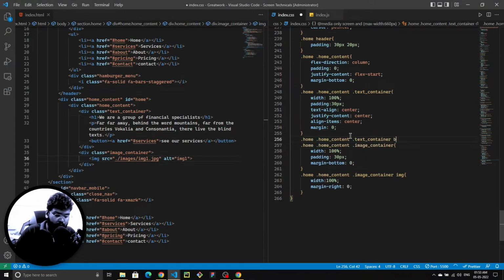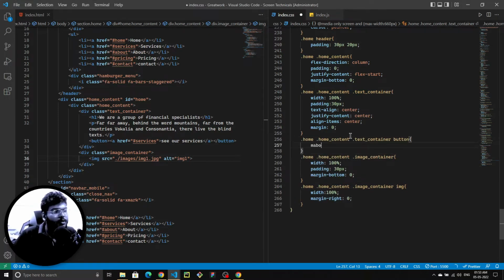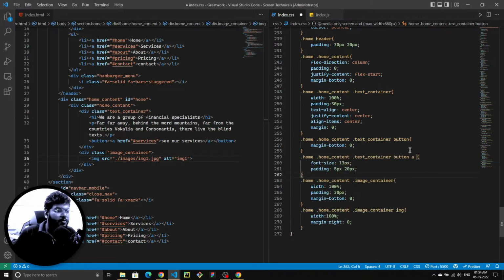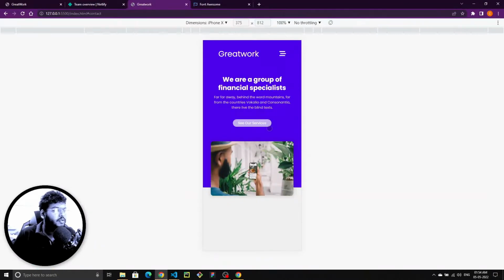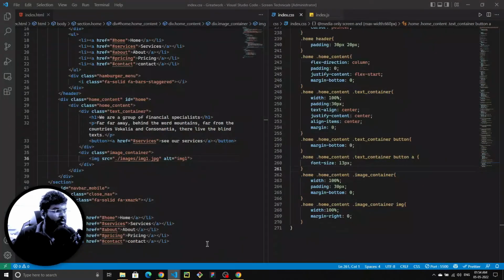inside this I have, you can see, the button margin bottom to be 0, and I'm going to reduce the size of that anchor tag. So I'm going to add this thing, remove this thing, so it should be 13 pixels. Now let's see that point, and let's look at this like this. Okay, and